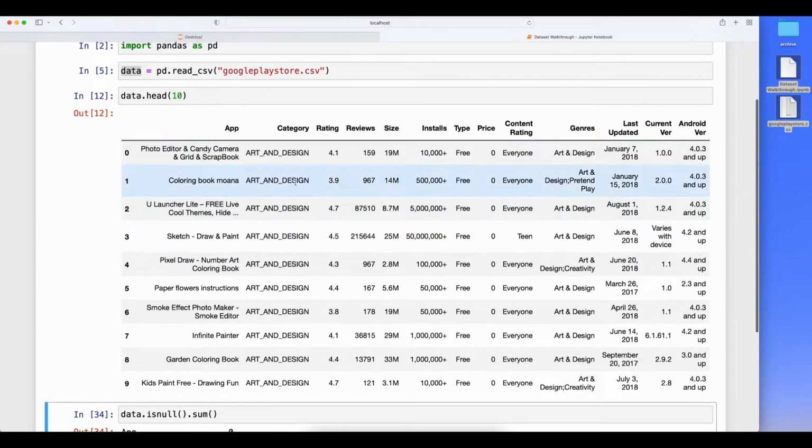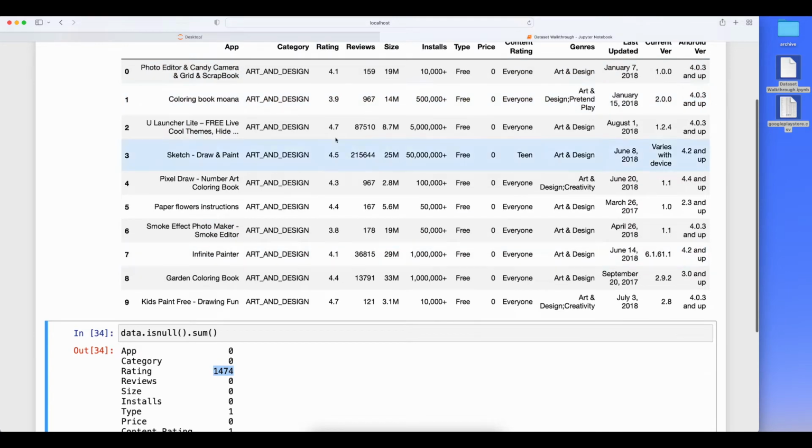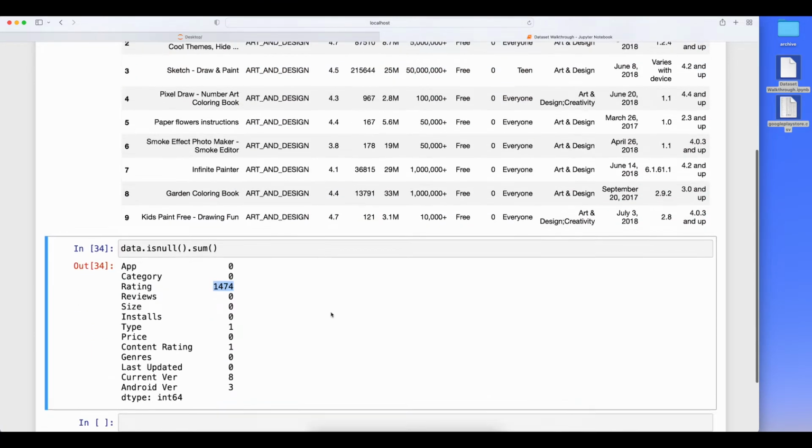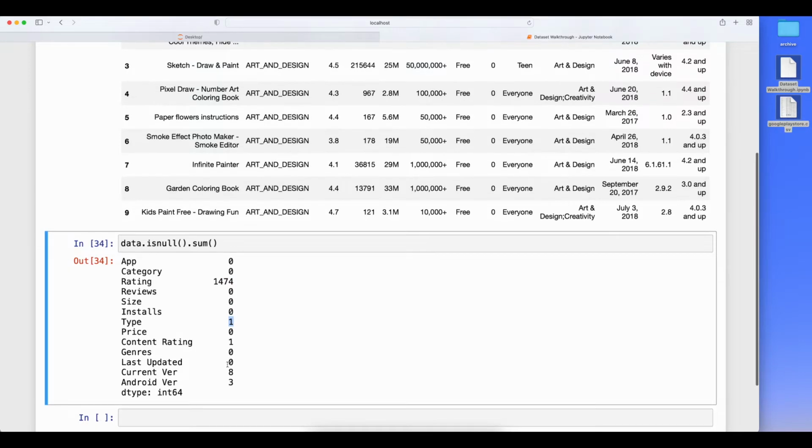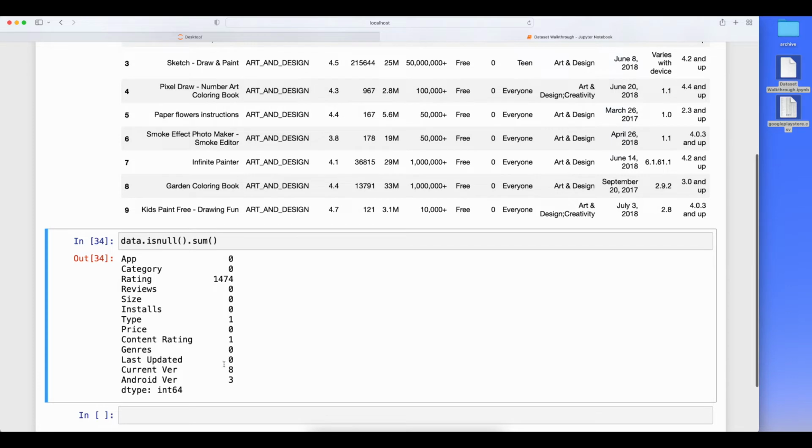Most of the null values are in this column only. Some of the others: we have one null value in type, three applications whose rating I don't know, and three applications whose current version I don't know. So these are the things we have.